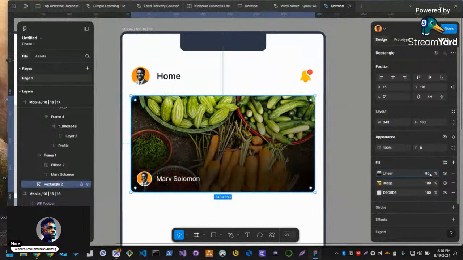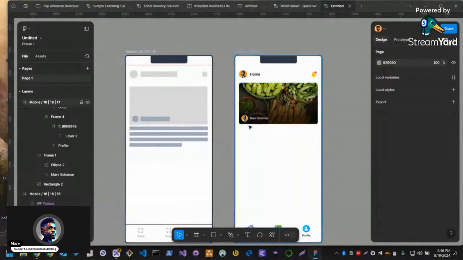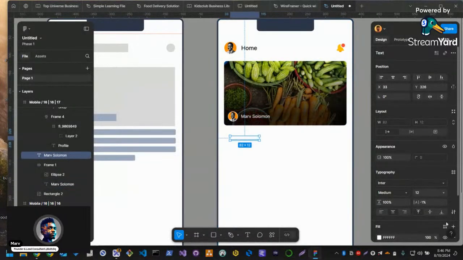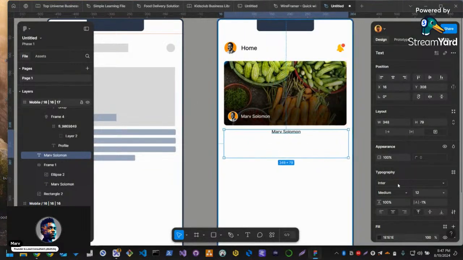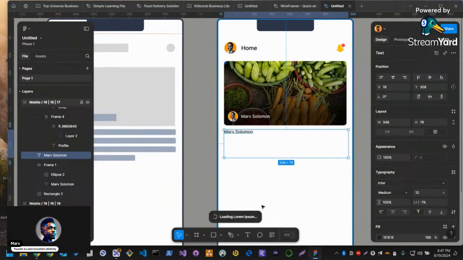Just to make this text visible. And even for this description here, there's a plugin I can simply use. So I think you can check out these plugins and download them. There's a plugin called Lorem Ipsum, if I want to use dummy text, at least for now. So I can just search for Lorem Ipsum, and I have that plugin. I will load that plugin, and I will simply